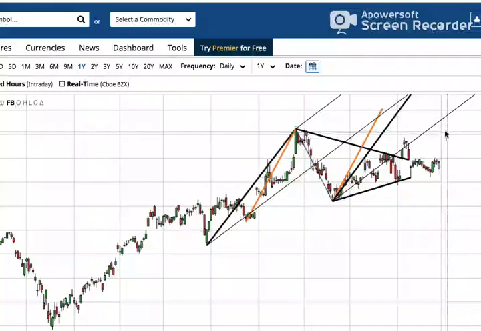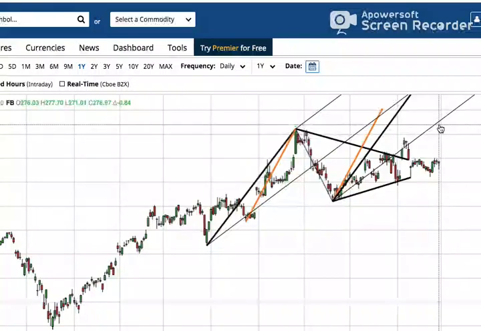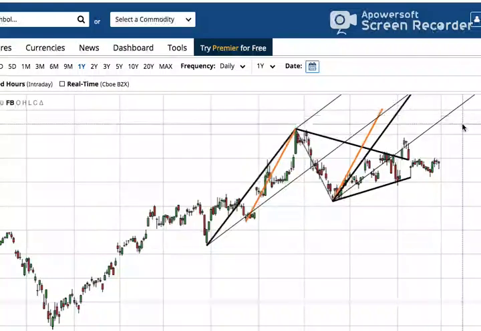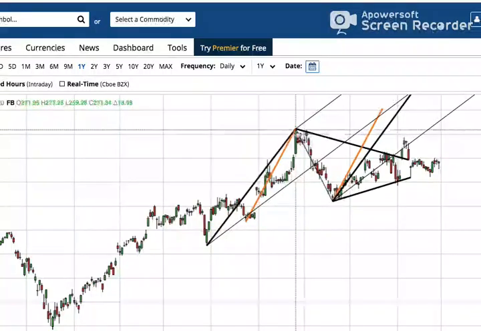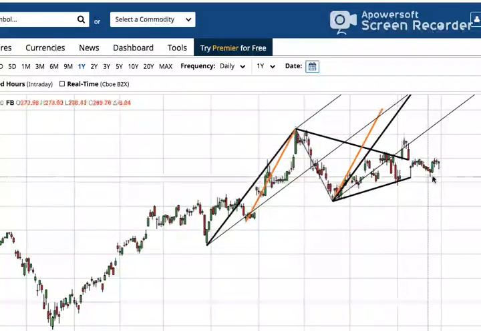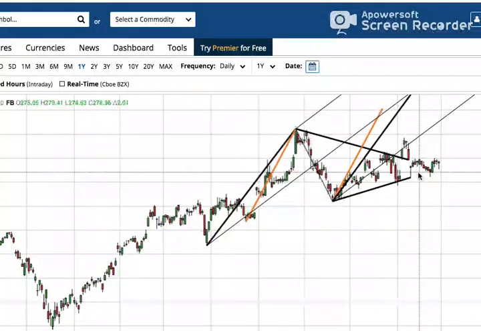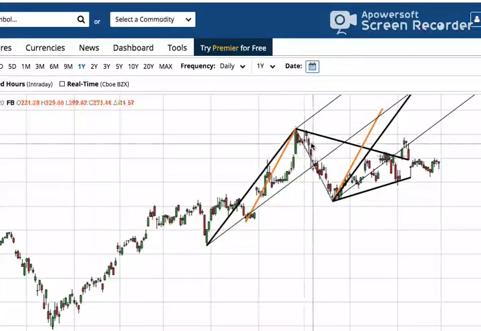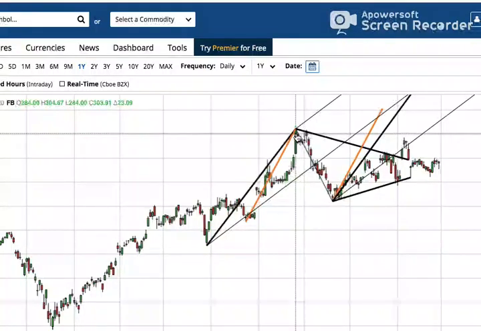But remember, Tesla, this is more important than anything I just said. Tesla's already above this high. Google's already above this high. SPY is already above this high, right? AMD now is already above this exact same high, right? So if you're looking at Facebook and Nvidia and they're still below this high, you kind of have a cheat sheet, right? Because Tesla, Google, SPY, all these stocks that move completely with these stocks all the time, have already broken above this high. So what are the odds that Amazon's not going to break above this high?